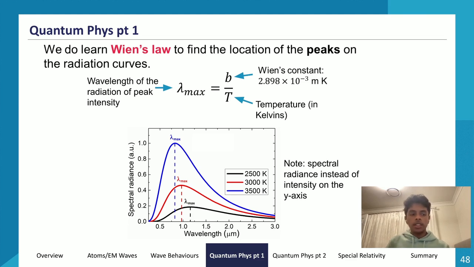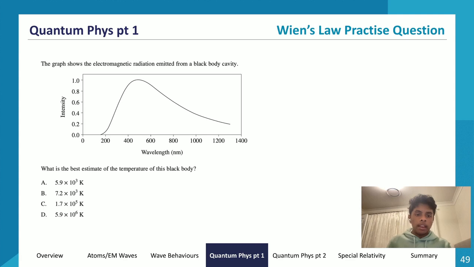So we can use Wien's law now to calculate or approximate the temperature of a star, because stars also emit colors, right? Stars are basically a good approximation for black bodies. Stars emit a certain wavelength of light, which is why we see our star as orange or yellow sometimes. So we can use this to calculate the temperature of stars. So let's look at, instead of stars now, a black body cavity. So this is a black body now. So we can now use the black body radiation curve to find the temperature of this black body.